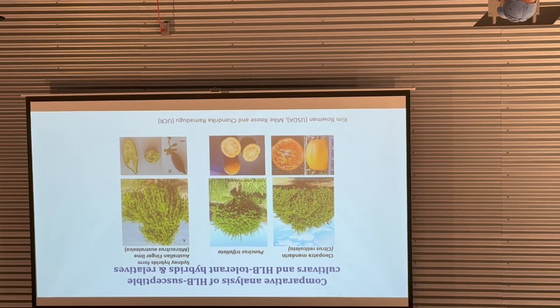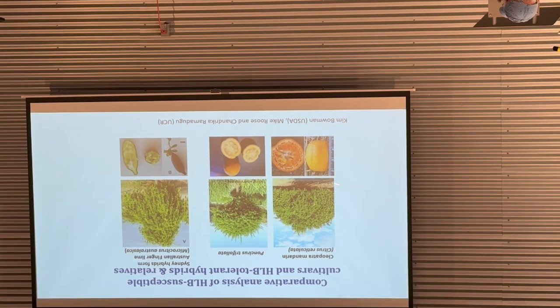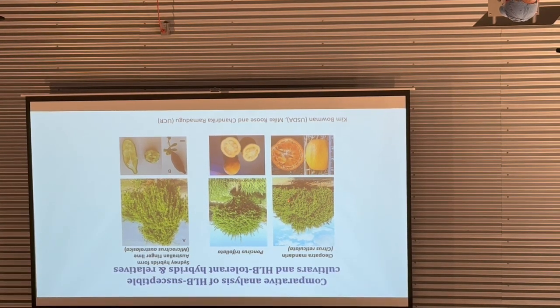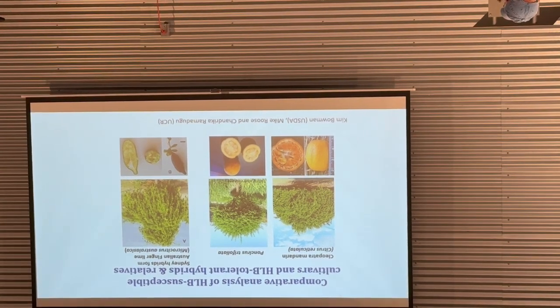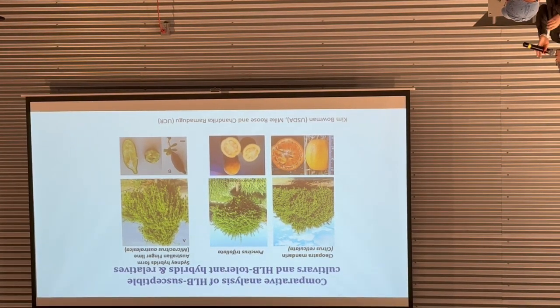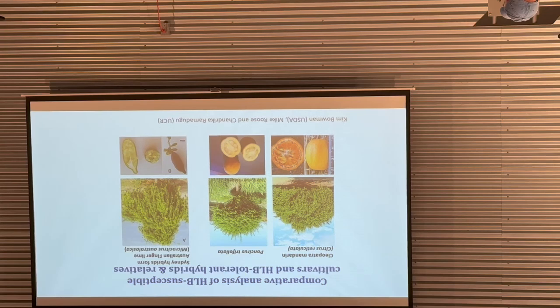So yeah, we start with US 942 and compare it to the susceptible varieties. US 942 is a hybrid from the Cleopatra mandarin and the Poncirus trifoliata. Then we compare US 942 to the susceptible parent line, and we identify some positive regulators they can use to generate